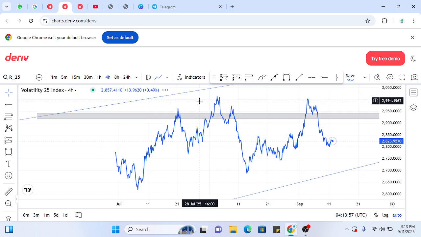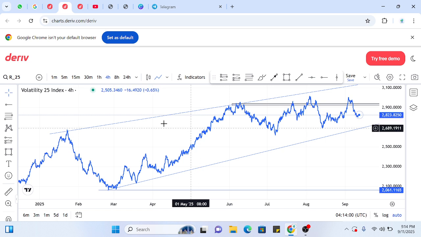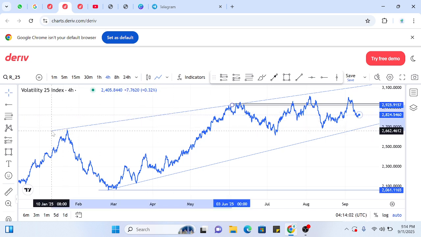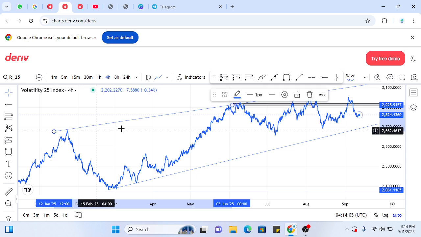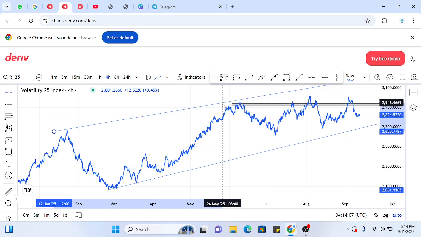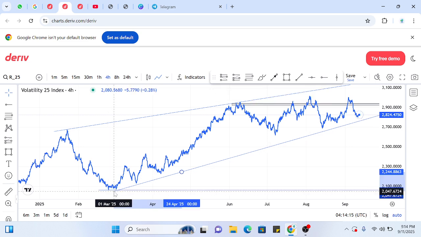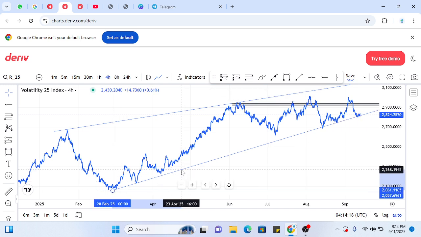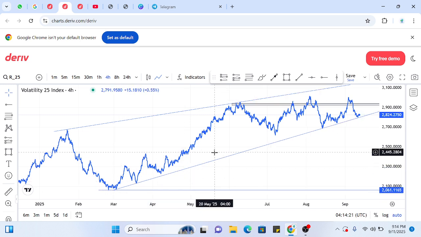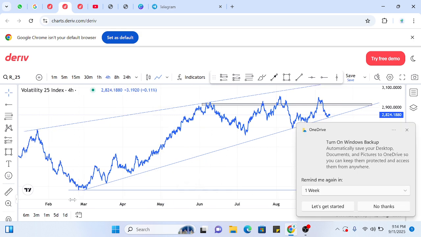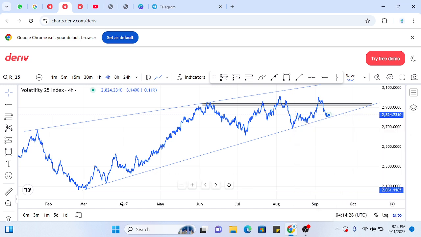On the 4 hours time frame, let's look at what's going on. Something we can just do is to adjust this, and then this too, we can basically adjust it. So I like what I see here, because when I adjust this particular point, I can clearly see that price